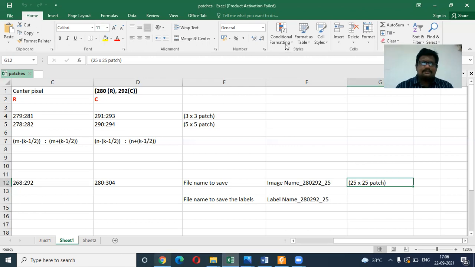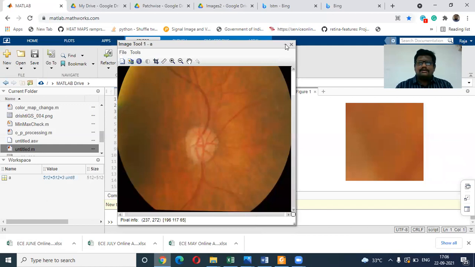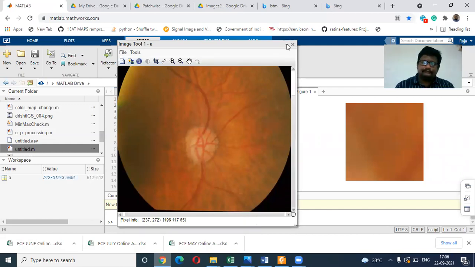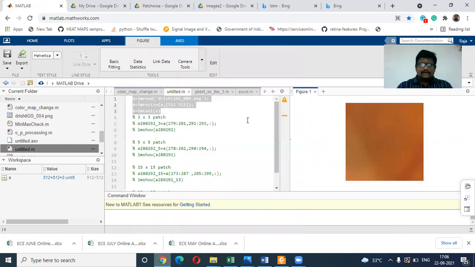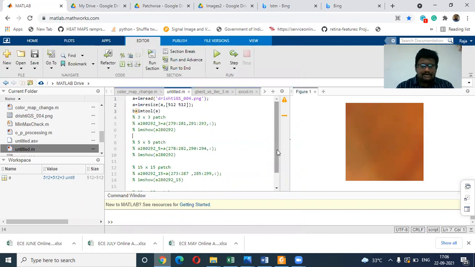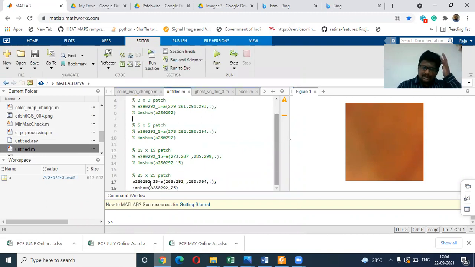So now im tool, let us minimize because we are going to the main program. As we come to the main program, I have written the comments for 3 by 3 patch and 5 by 5 patch also. And now how to name the particular image is also very, very important. Okay. A280, 292. That means,